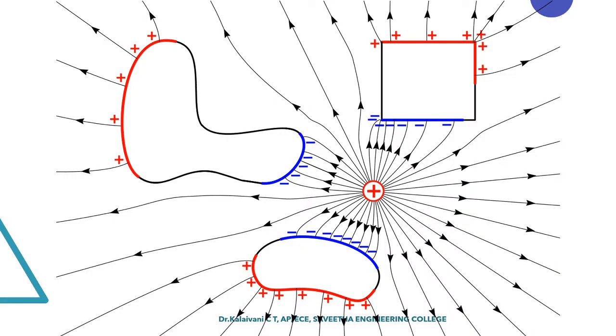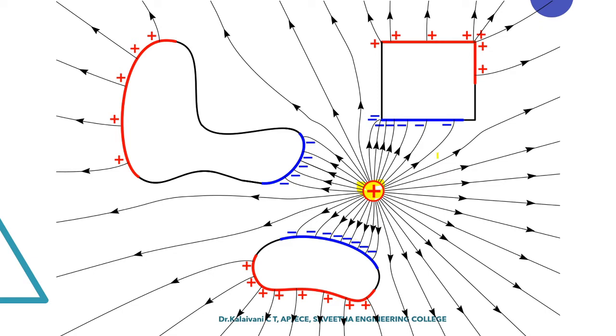So electric field intensity is due to the field lines. So what are these field lines? If there is a plus charge, then the plus charge will attract the negative charges from the particles nearby. In this picture, you can see at the center we have a plus charge. When the plus charge is there, it attracts all the negative charges towards it.